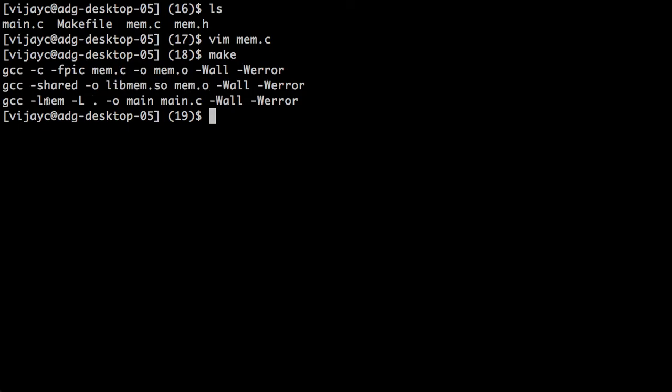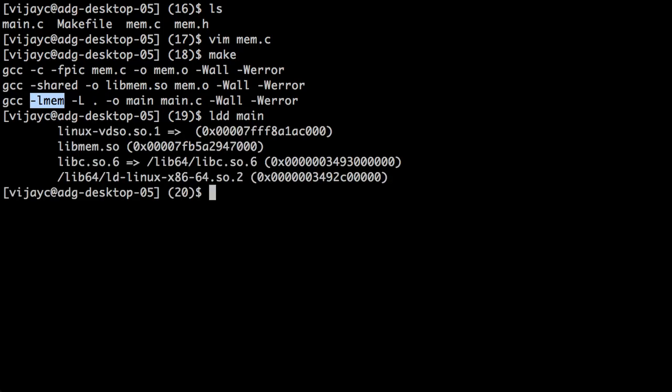The third step, we link that into main.c. Do people understand how this is working out? If you look at the linked libraries for your main, we see that there's libc, which is basically all your stdio.h and all of those things, and then we have our libmem.so. So we have successfully linked our library into main.